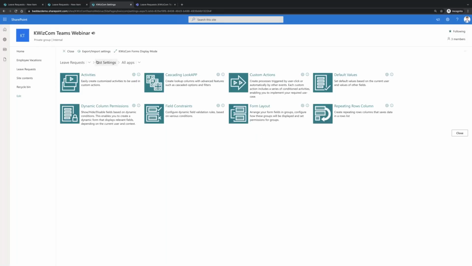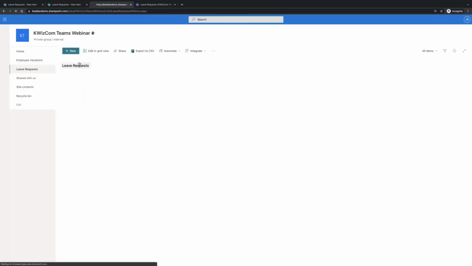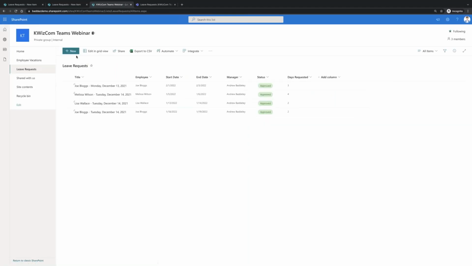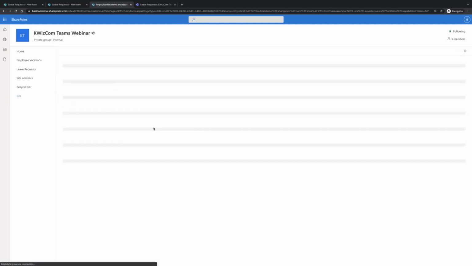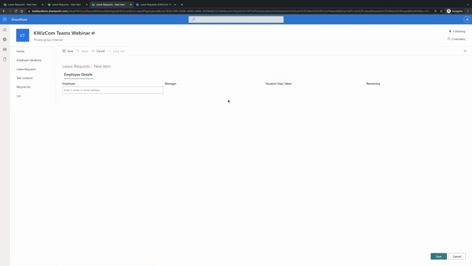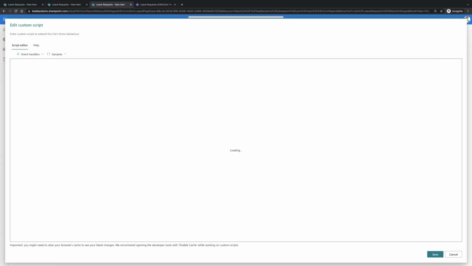Now, I mentioned that sort of scripting capability. Let's have a little look at that quickly. So if I come in here and I go to new, one of the things I showed you was as I entered the employee, it pulled through fields from other lists, and also that these fields are read-only. Now, don't worry, this isn't something which is super complicated to do because QuizCom help you with this. So if I come in here to script editor,